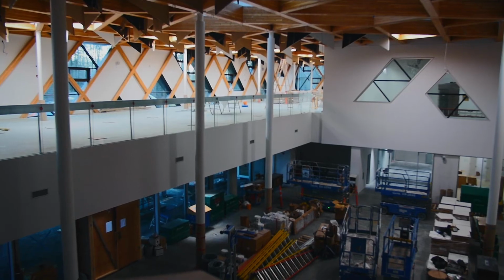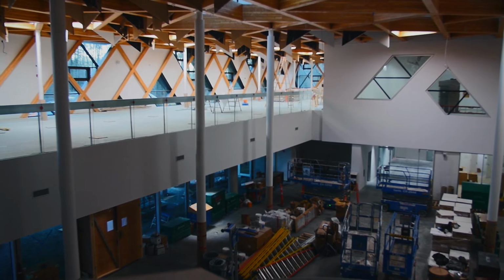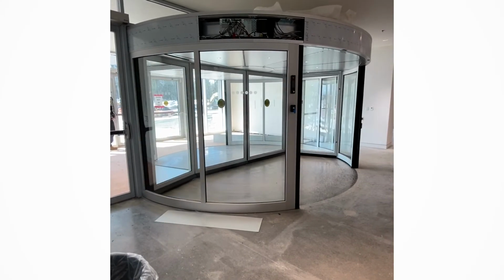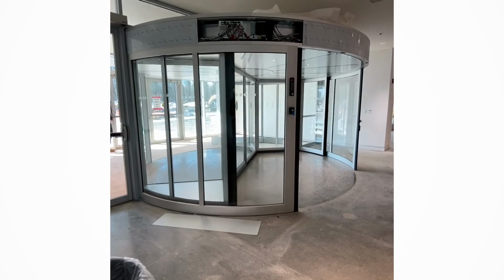In all of our buildings, we have problems with entrances. And so you get this cold air blowing into the atrium. So what we did was we located a revolving door at the main entrance. The revolving door can be fixed into place, acting as a conventional sliding door so that people can pass straight through. The City of Surrey is really proud that we are setting a precedent with this project, even ahead of